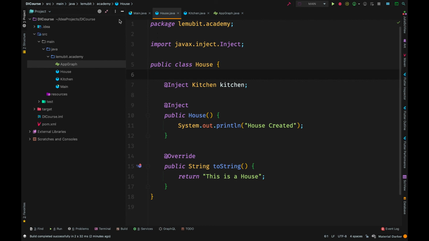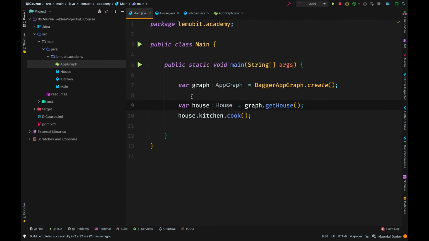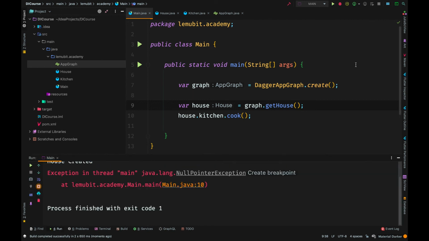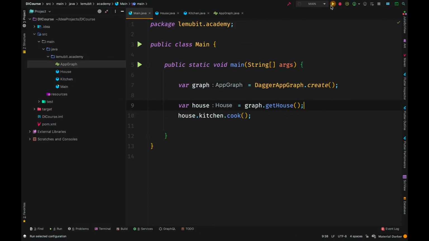So Dagger will check and say, how do I create a new kitchen? It will automatically look for that and then create a new kitchen instance for us. So remember to rebuild your project before running. Now, if you run the program,